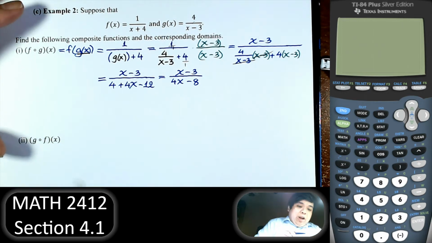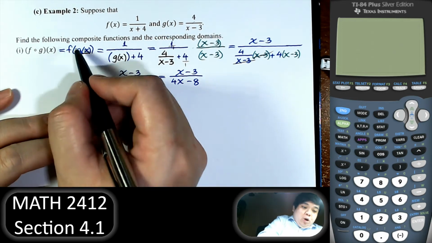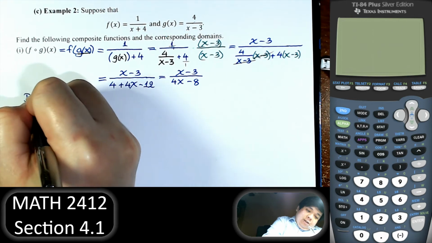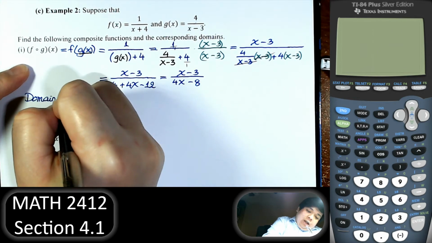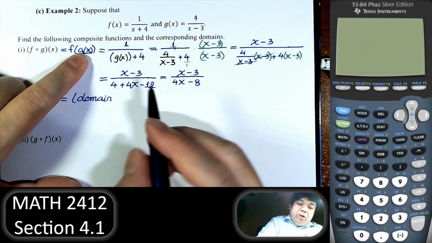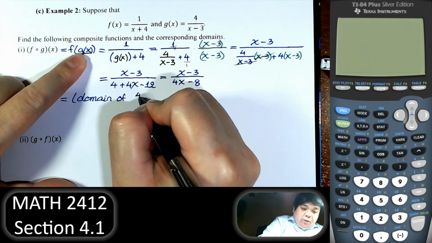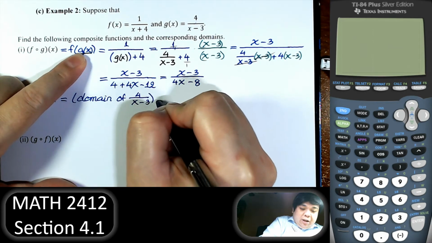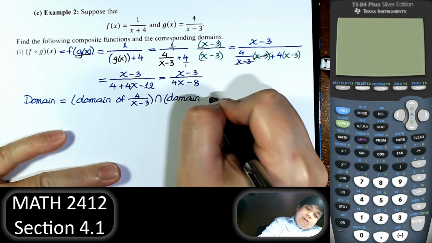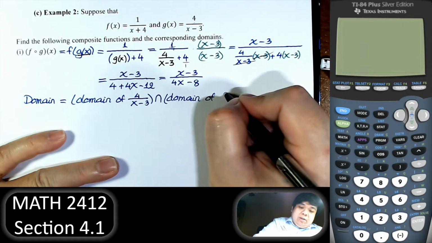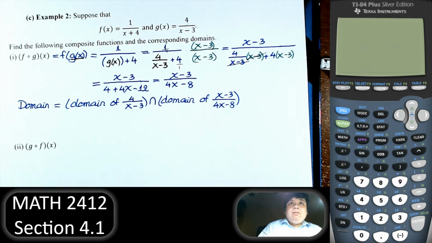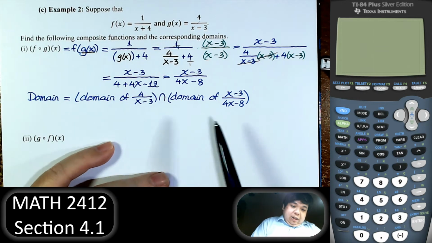Now the domain. The domain will be the domain of the inner function and the domain of the whole thing, pretty much. So we say domain equal to the domain of the inner function and the domain of the whole thing. The domain of the inner function g of x is the domain of 4 over x minus 3, intersect with the domain of the whole function of the computation. Right,